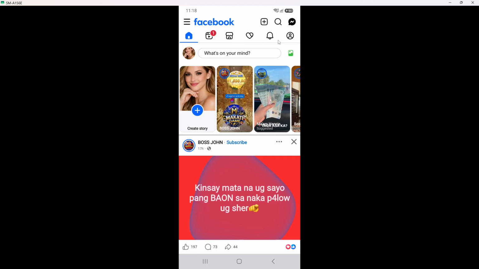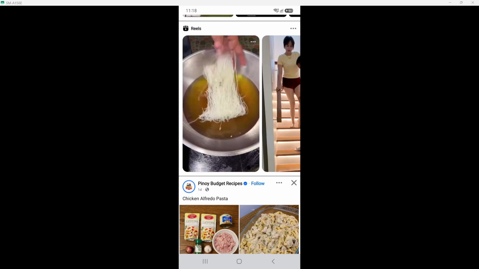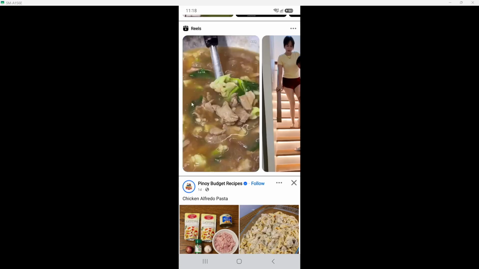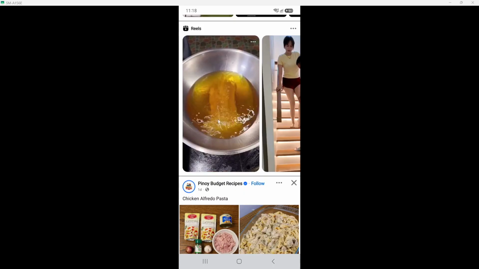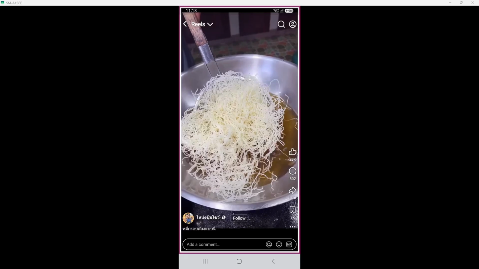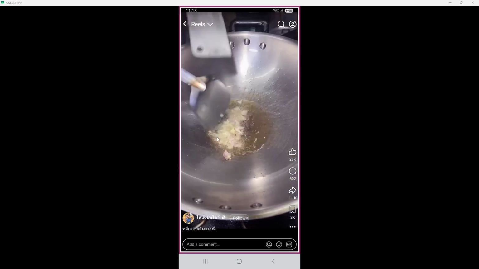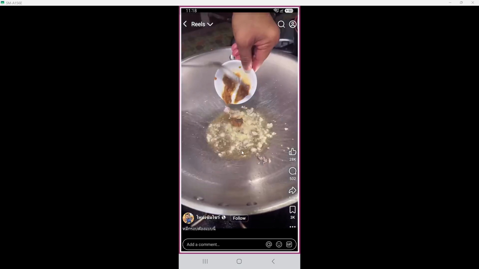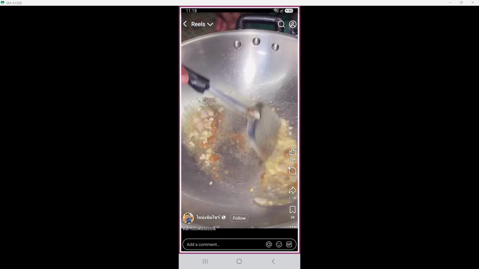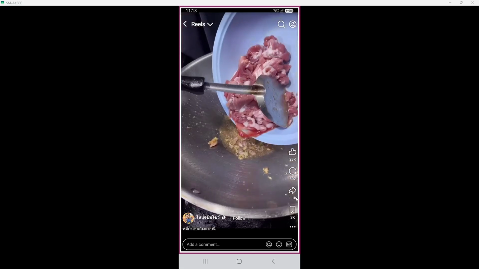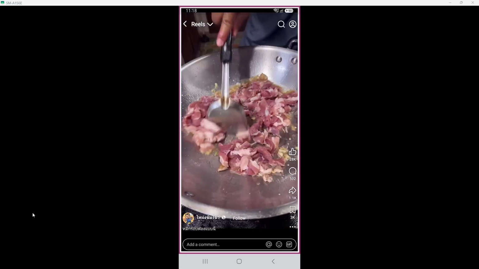Now, find the reel you want to send. You can do this in a few ways inside Facebook. On many phones, there is a Reels button near the center of the bottom bar. Tapping that takes you into a feed made only of short videos. You can also find Reels while you scroll your home feed, where they appear as vertical videos with a small Reels label. When you see a reel you like, stop scrolling for a moment so it fills most of your screen with controls on the right side and text or the creator name near the bottom. That way you know Facebook is focused on that specific reel.